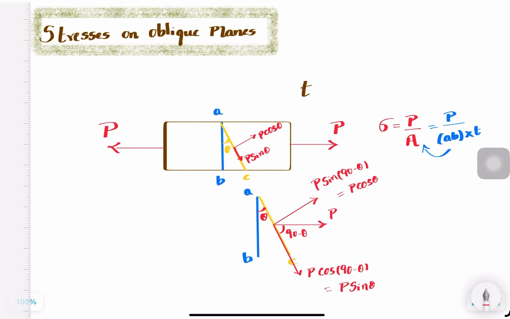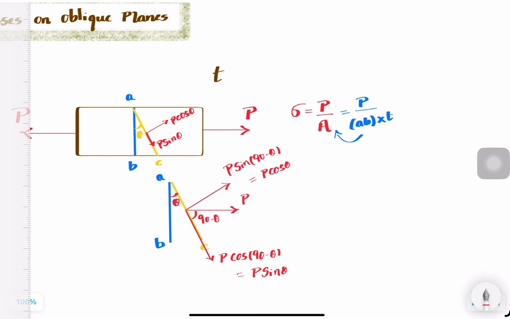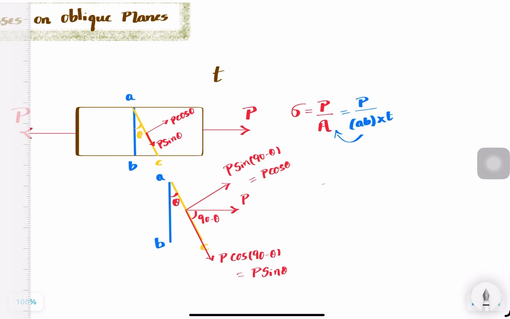So now we have a very good reason how to compute the normal stress and the shear stress, all right? That's what we are going to do in the next step. So let us try to define what is the normal stress, and let us try to define what is the shear stress, okay? The normal stress on the oblique plane, the inclined plane, is the force, which is P cos theta,